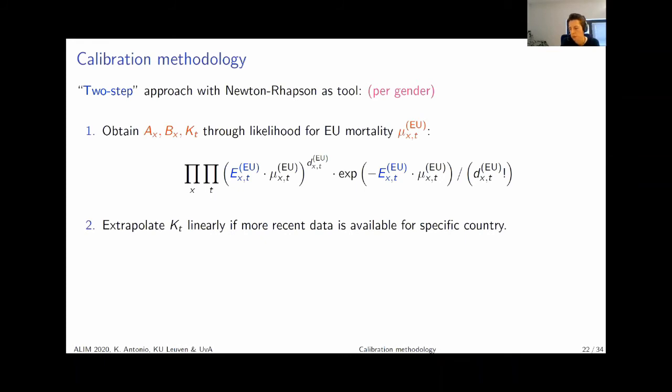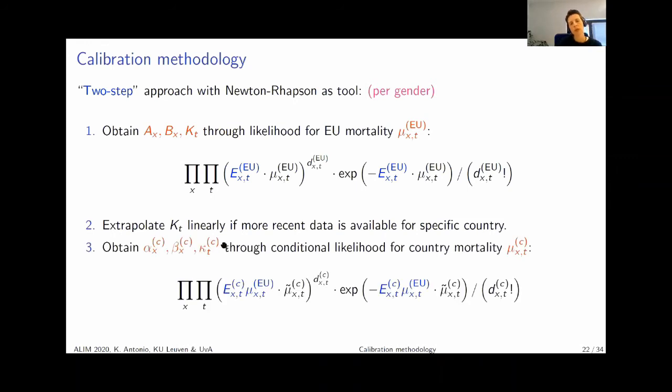And if I have more recent data available for Belgium or for the Netherlands, then I'll just extrapolate my KTs along the linear trend that I fit at the European level. I'm going to come back to that, but that's the idea. And having this done, we will then calibrate the Lee-Carter parameters